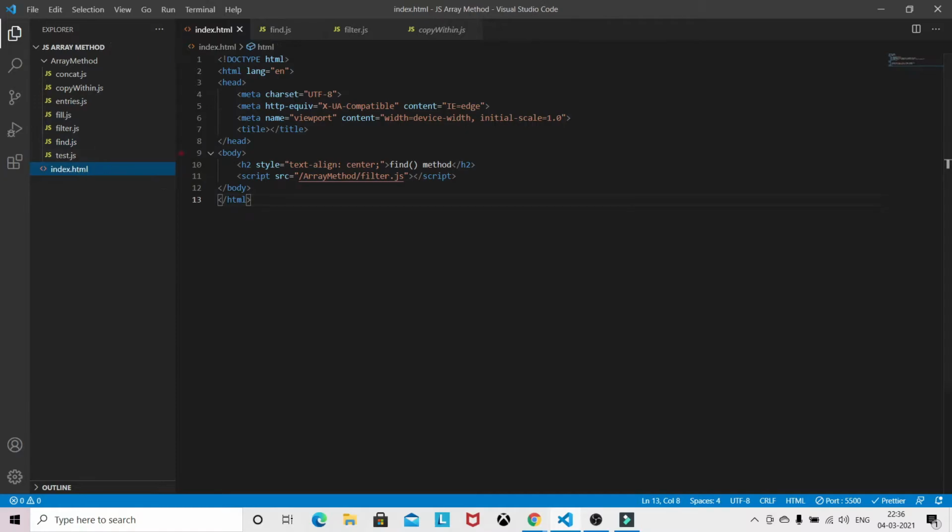We need to adjust our file name in index. So we will see the result. Okay, so we got the value 12.